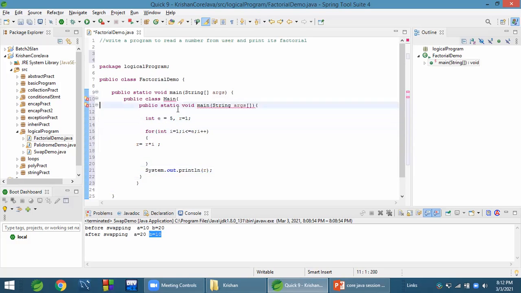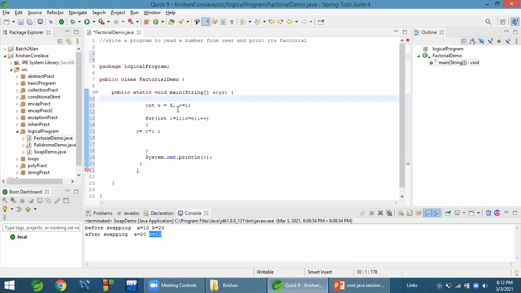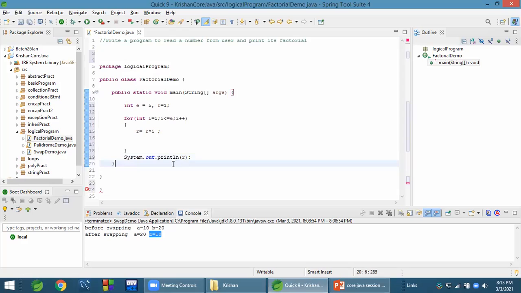Public class. E equals 5, R equals 1, I equals 1.